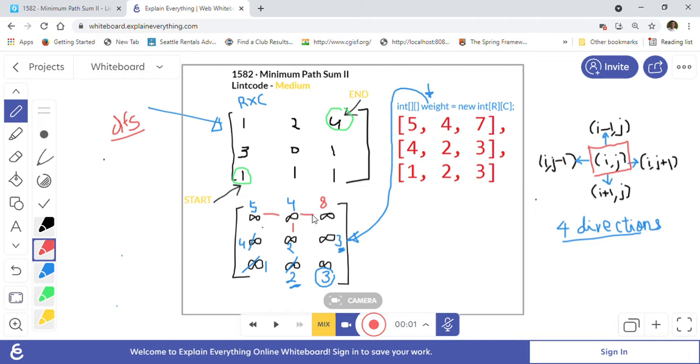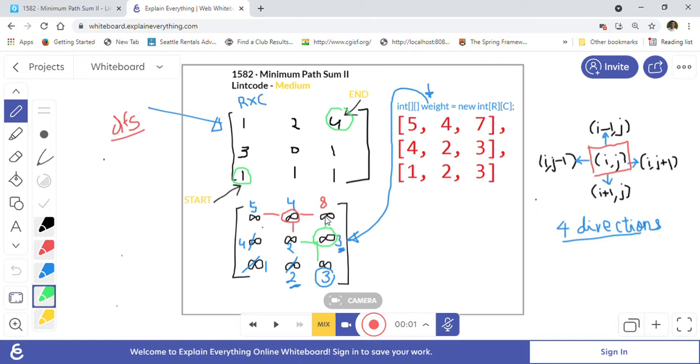So we have seen this cell already. Now we are going to see this cell, for 4 directions. When we are going down, this will be 3 plus 1, 4. So we will not update this, because 3 is lesser than 4. Now when we are going left, 3 plus 0 is 3, we will not update. 2 is already smaller than 3, so we will not update.